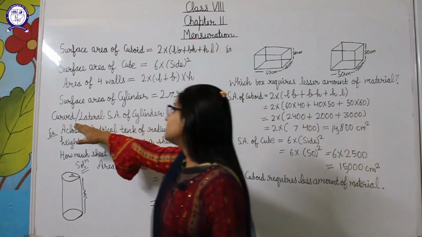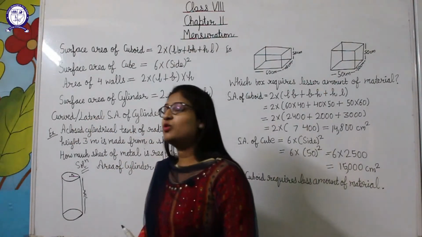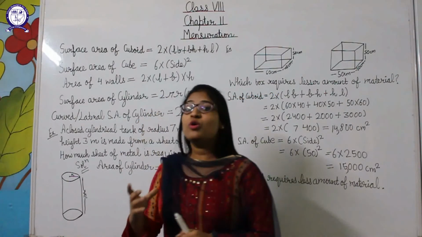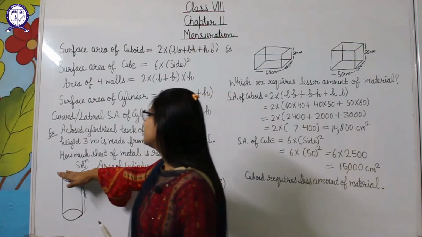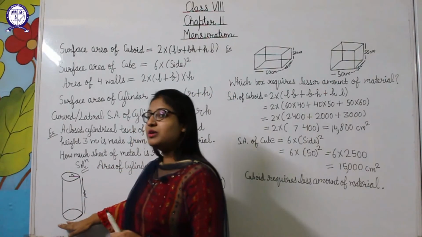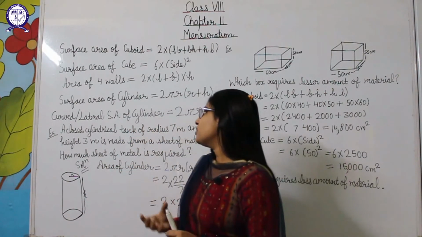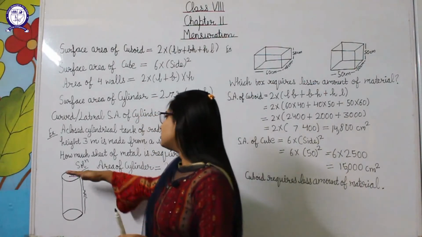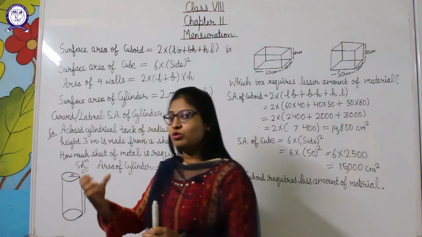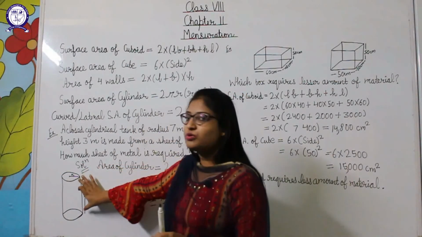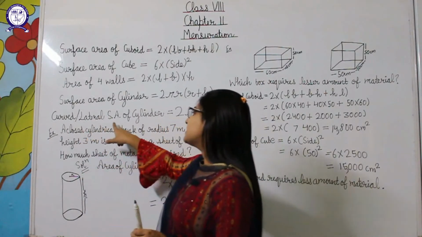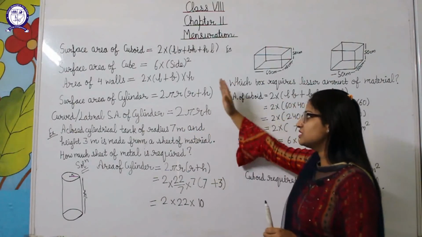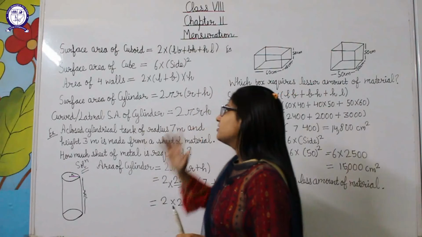And what about curved surface and lateral surface? Students, what is curved or lateral surface area? It means when we are finding the area of a hollow cylinder. Hollow cylinder means it is not covering the top part and the bottom part. If you are finding the surface area of a pipe, as you can see in the pipe there is no top or bottom surface, it is hollow, means only this curved surface will be included. So the curved surface or lateral surface area of a cylinder is equal to 2 pi r h. So students, these were the formulas related to surface areas.